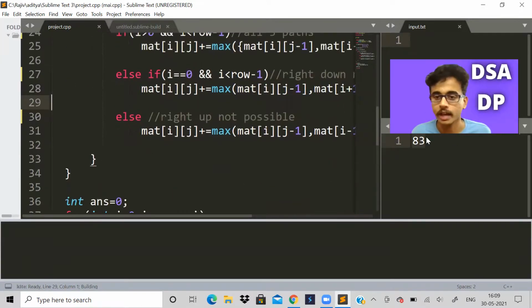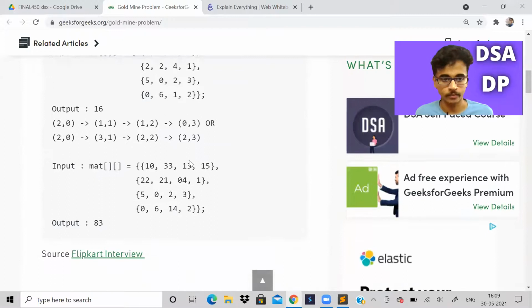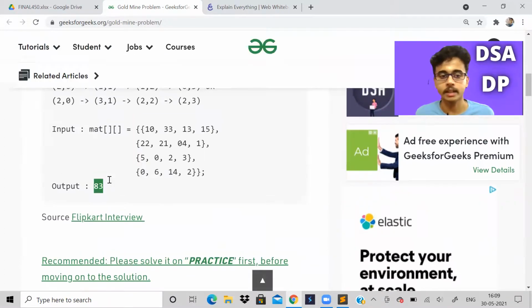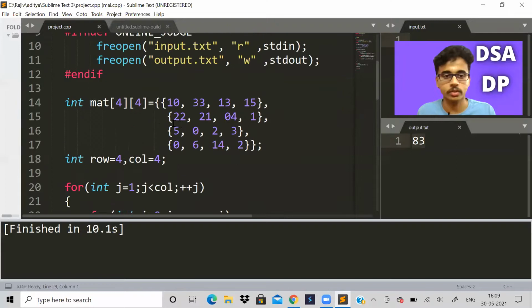It was already showing 83 as the answer. Let's see again. I don't know why it's taking so much time. It is showing 83 because I have taken this example from GFG and the answer there is 83. If you want me to take the earlier example and show if it comes to 16, let me show that also.